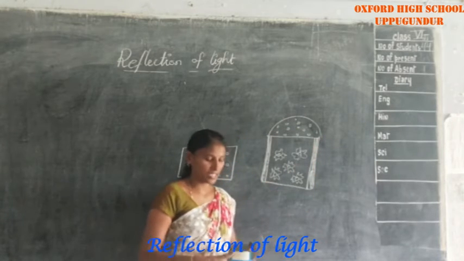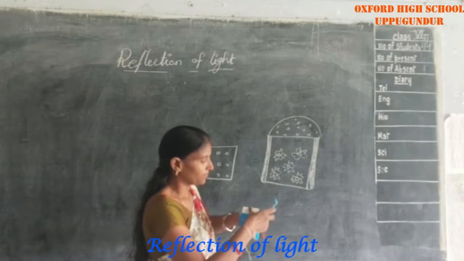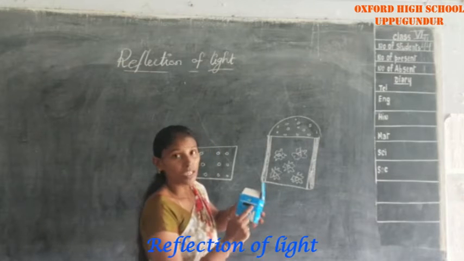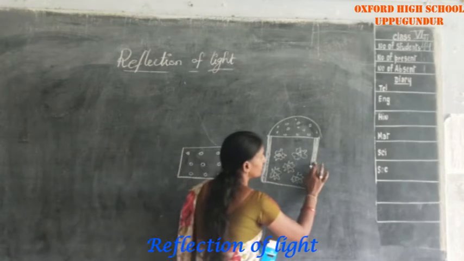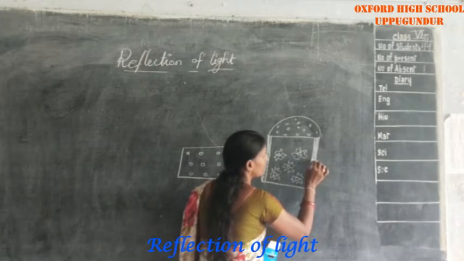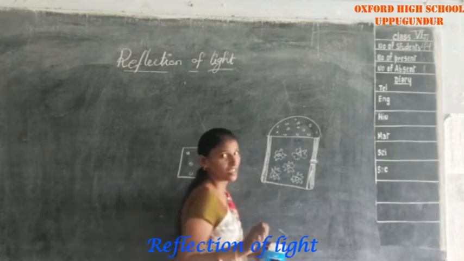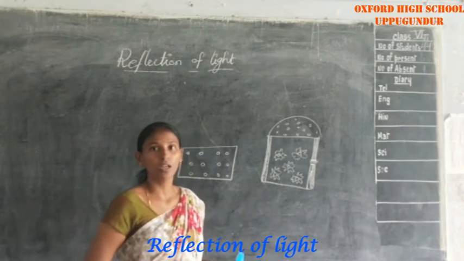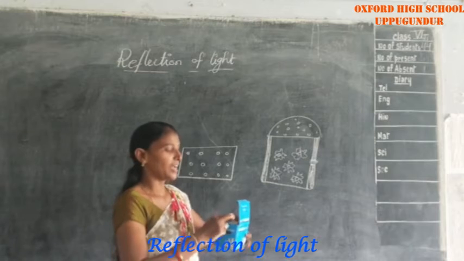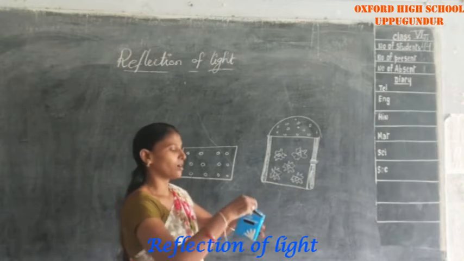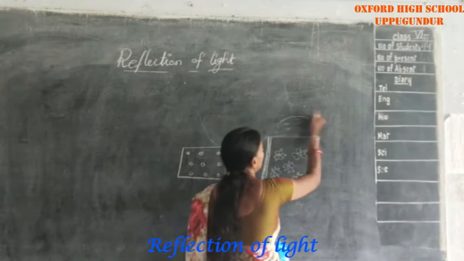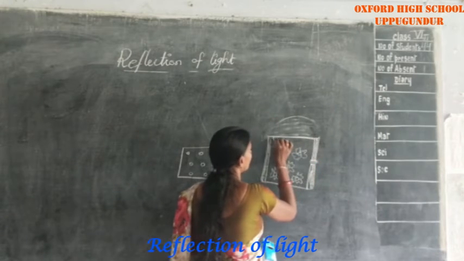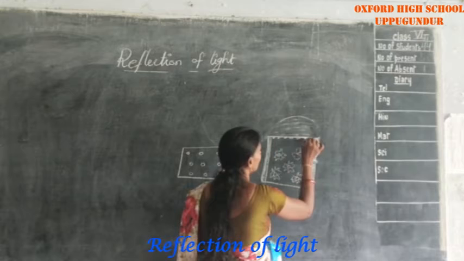Okay, and next see, here one hole is present only, na. So here keep one small hole on one side only, and on the other side don't make a hole, only one side. Okay, and next you close the box. Okay, here the hole is present only, yes or no? In the upper part of the box.